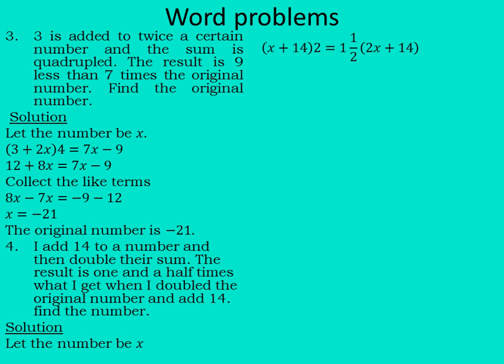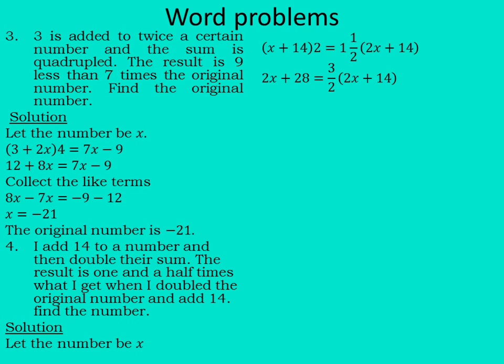So we have the equation x plus 14 all into brackets 2 is equal to one whole number 1 over 2 all into brackets 2x plus 14. So we open the brackets with 2 on the left hand side. So we have 2 times x, that will be 2x, and 2 times 14 to be 28,